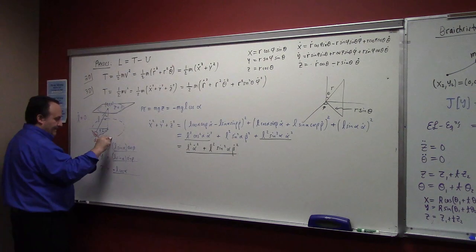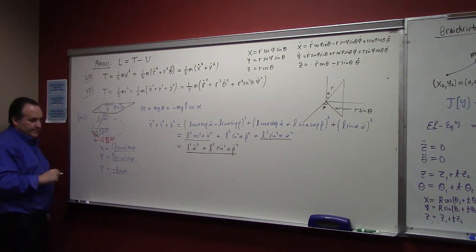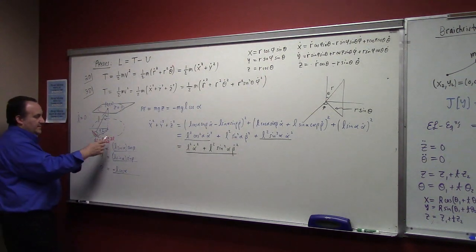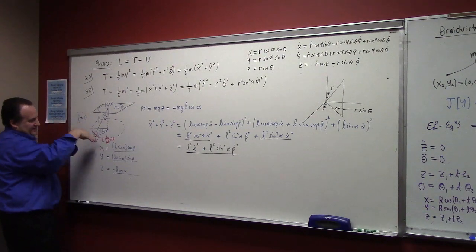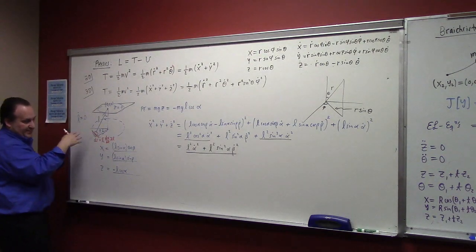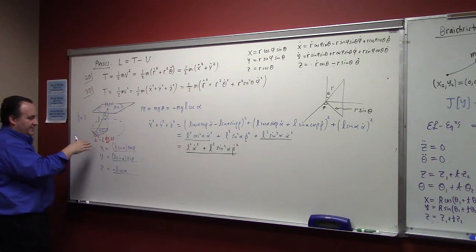So ds dt along that, just changing alpha and fixing beta, is just L alpha dot,